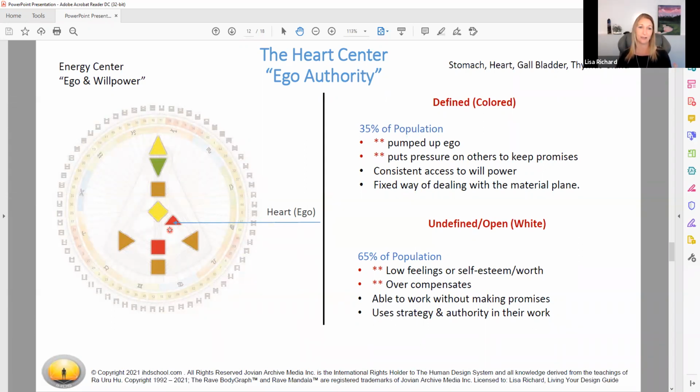Then you can start to fill yourself up with more healthier energy, being true to yourself and honoring your design. Now, if that center is white on your chart, it's also really important to acknowledge that as that sponge, this is where you're going to accumulate all of those feelings of low self-esteem, low self-worth, low value. Because again, you're picking up things from the world, from society, from other people, you're hearing that mind talk that others have placed upon you.